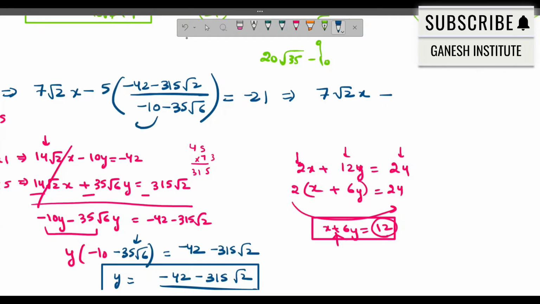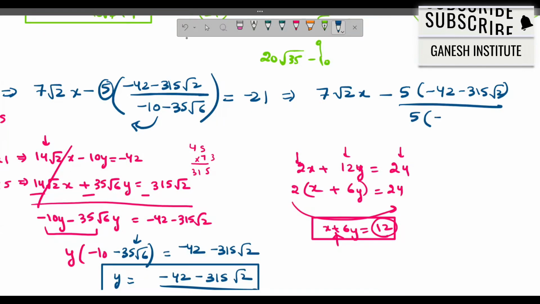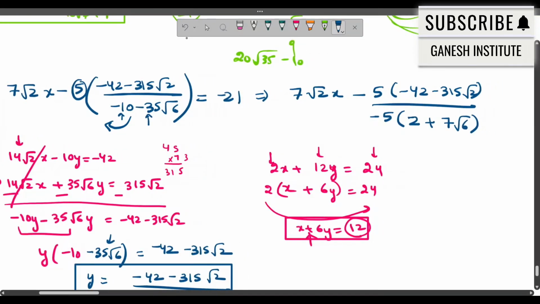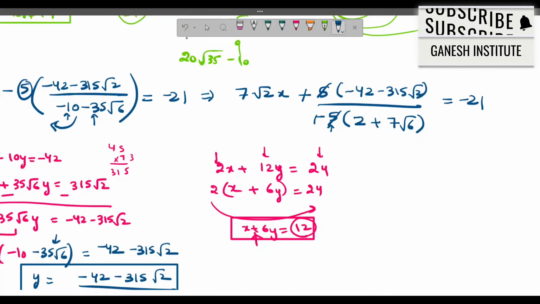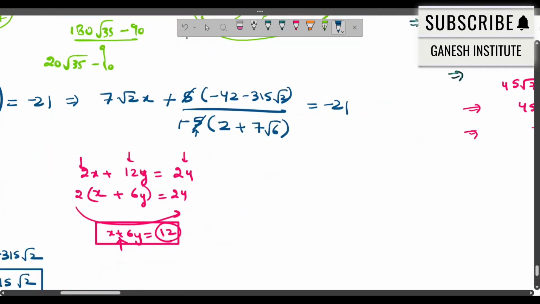Now, can I take 5 common from the denominator and cancel this 5? You could, I think. Okay, let's try, because I want to minimize my calculation. So I'm taking 5 common. In fact, I can take minus 5 common because both of them have minus. So this will become 5 2s are and 5 7s are. Is it fine? And then, because this 5 is with the whole, I can simply cancel it out, right? Yeah. Now I'll get